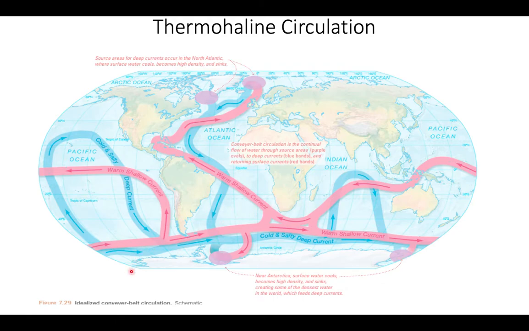So near this Antarctica, surface water cools and becomes high density, and finally it sinks. In this way, it creates the densest water over here, which is also known as Antarctic bottom water. Here also it sinks, which is called North Atlantic bottom water mass. These are the regions where it sinks, and in the equatorial region, it simply comes up because of upwelling. I will describe why this upwelling and downwelling takes place later. So this is also called conveyor belt circulation. Is this clear?